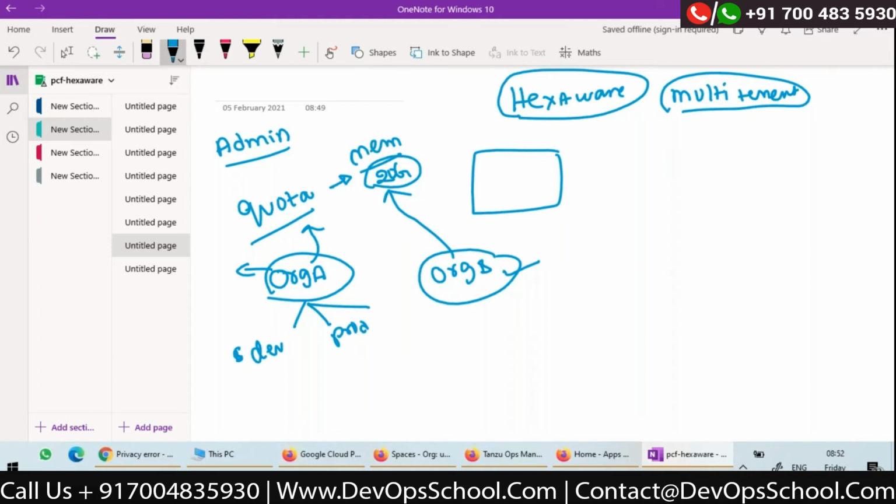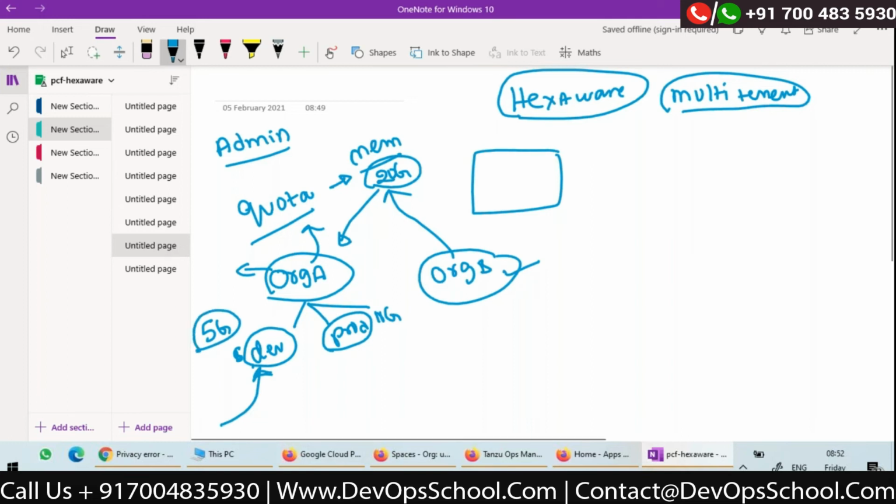Again, this whole organization has 20 GB, right? So you can allocate, say, 5 GB to development, 10 GB to production, etc. Each space can be allocated some quota. Then your applications will be deployed to a particular space, dev space or production space. Applications deployed to the dev space can use a maximum up to the allocated quota.